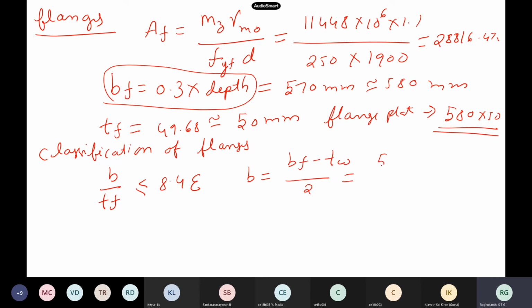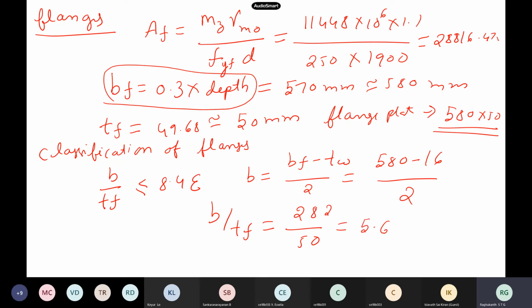So 580 minus 16, whatever we have, divided by 2, then B by T flange. So you will get 282 I think, by 50 or something. You will get approximately 5.6 or something like that, and it is less than 8.4. So obviously the flange is plastic. This is the classification for the flange.